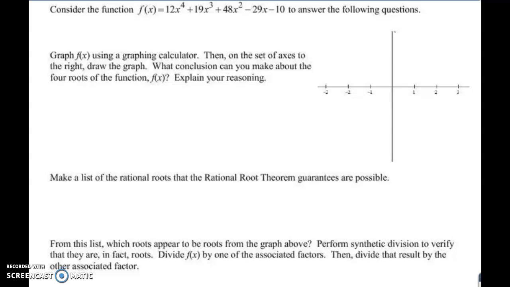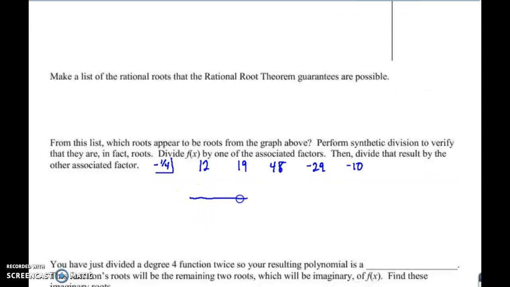So our synthetic will be set up 12, 19, 48, negative 29, and negative 10. And I believe they said negative 1/4 is our highly probable root. Should get a remainder of 0 to prove that that's true. So remember, if you divide by 4 is the same as multiplying by 1/4. So negative 3, adding straight down, divide by 4, divide by 4,